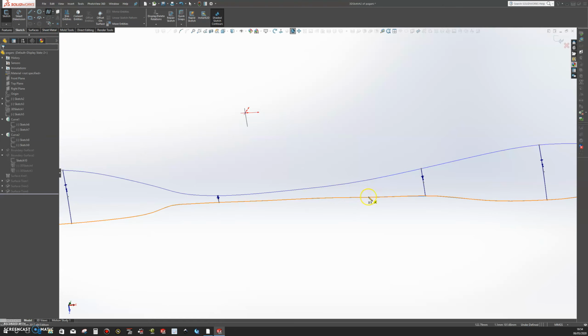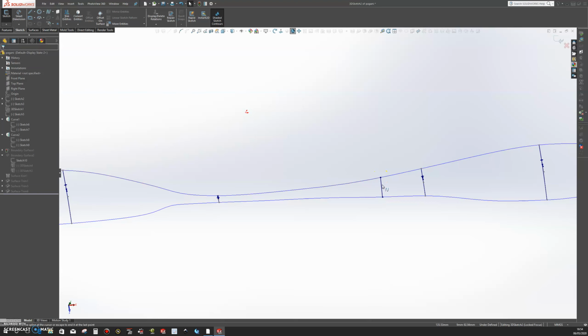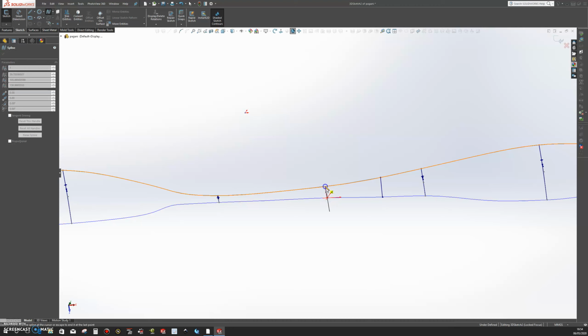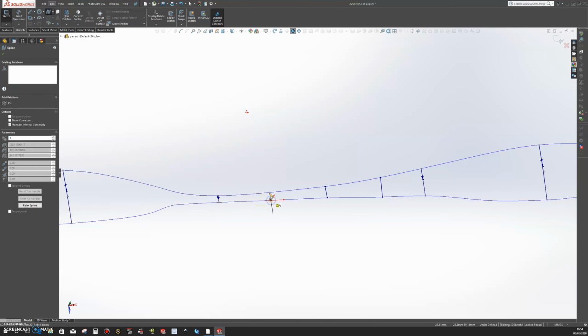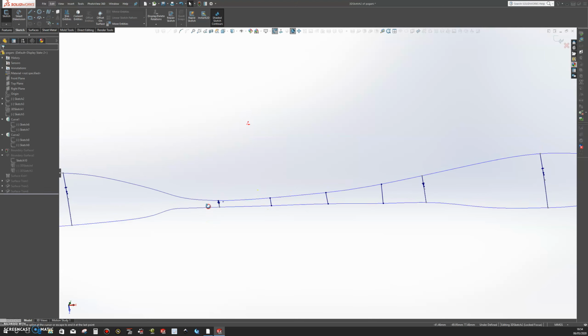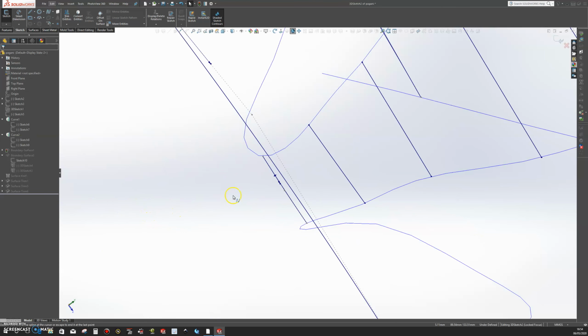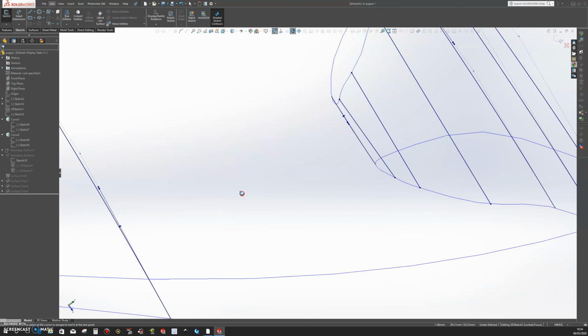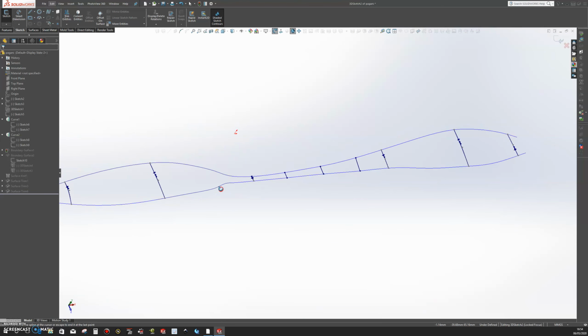Let's add one about here, and I'm going to keep this completely straight, and add one about here, and add another one about here. Then let's make this curvature here, bring it back. It is pretty straight, so that's good. Now if I exit this sketch,